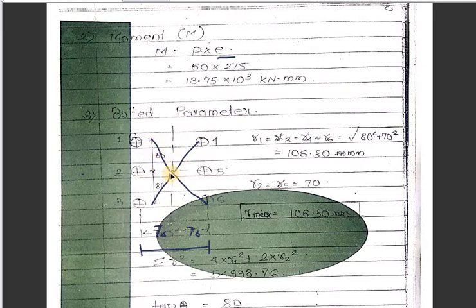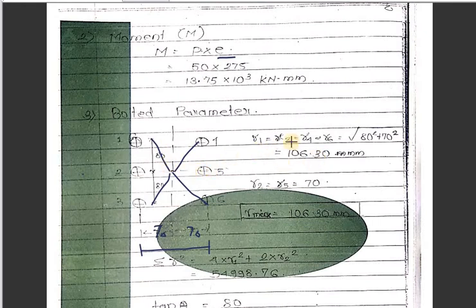This is nothing but the diagonal distance. Here we have this horizontal distance as 70, and the vertical, that is the pitch distance, as 80. So how to find out the diagonal distance? Just the Pythagoras theorem: square root of horizontal square plus vertical square, that is 80 square and 70 square. It comes to be 106.30. Thus we are finding out the diagonal distance of these bolts. In this way we have to calculate the radius of gyration of each bolt. In the present case we are finding only the values for 1, 3, 4 and 6, but after that we have to find out the distance of 2 and 5 also.